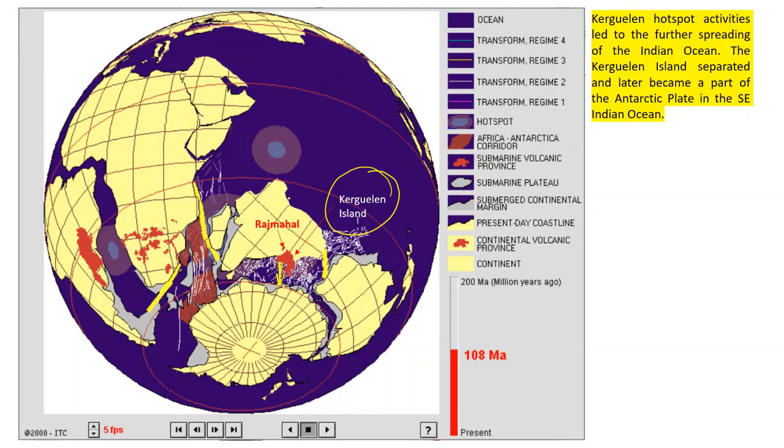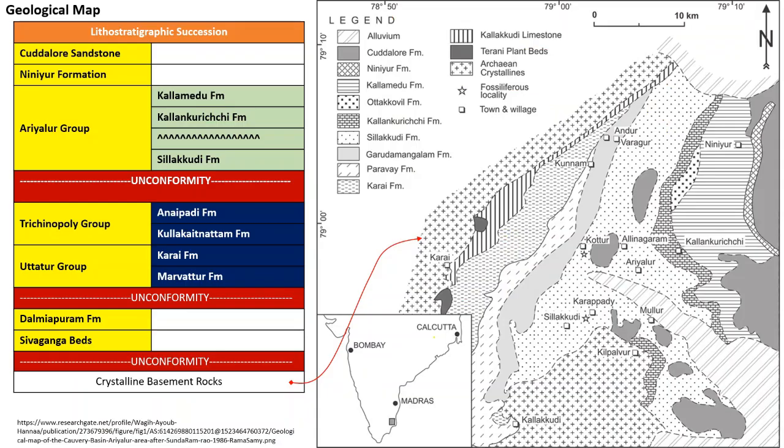And how do we know that it was earlier a part of the Indian plate? The rocks of Kerguelen Island are of the same composition as that of the Rajmahal volcanic province. So it becomes important that you understand how this rifting led to the formation of the Kerguelen Islands, and when was this? Around 108 million years. Okay, so having said all this, the evolution of the Indian plate, the dismemberment of Gondwanaland, and how the Indian plate moved ahead,